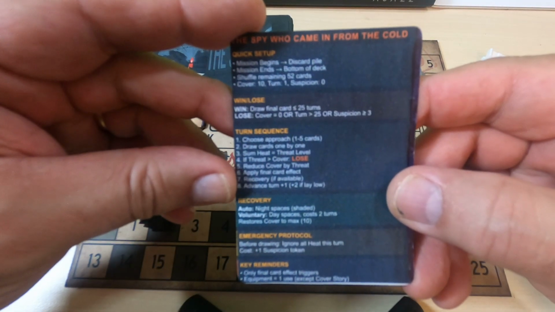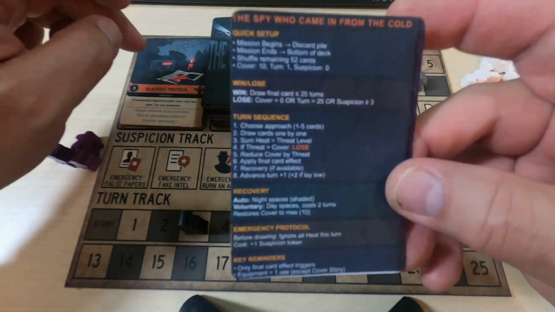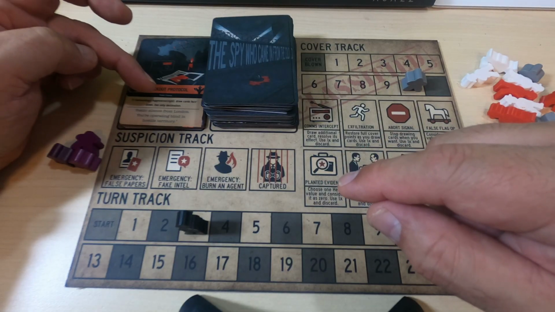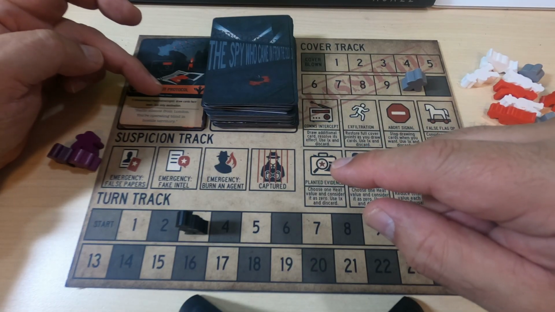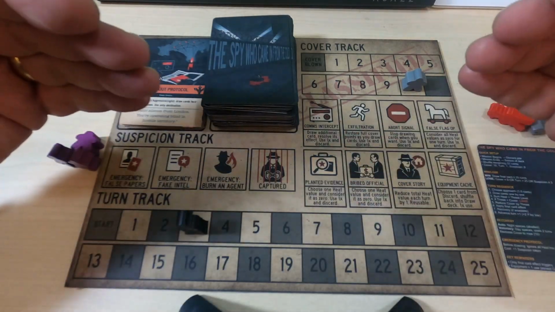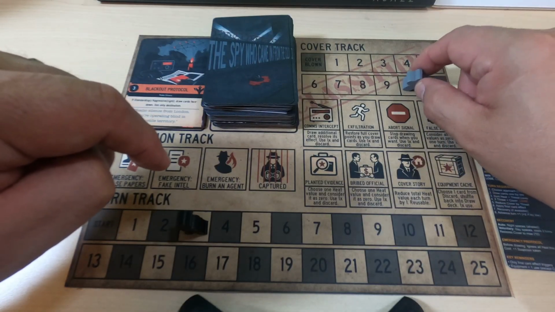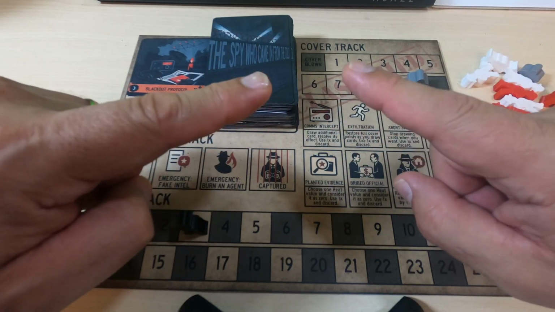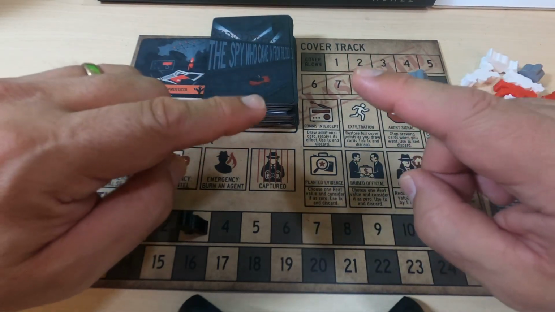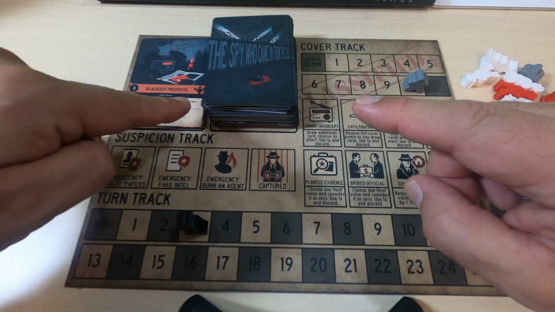And then what do we do? Apply the final card effect, recovery, and then advance the turn. Okay, so we're going to advance the turn to 3, and then we're going to apply this effect here. If we choose the standard or aggressive approach, we're going to draw cards face down, and we're going to only see our destination, which is very, very tense. However, we are at maximum cover. And we have no items. So there's a good chance, good probability that we might survive this